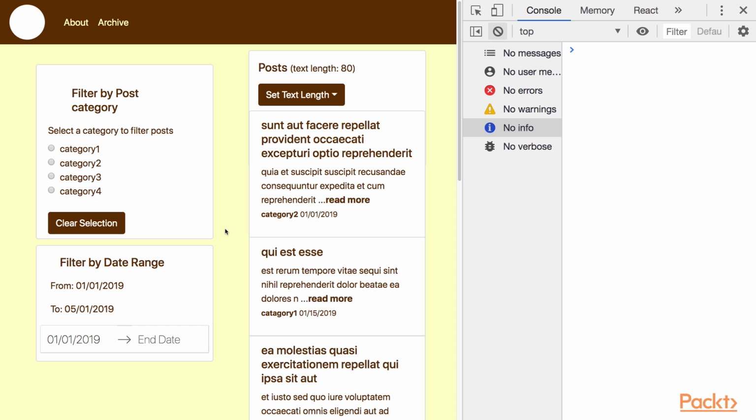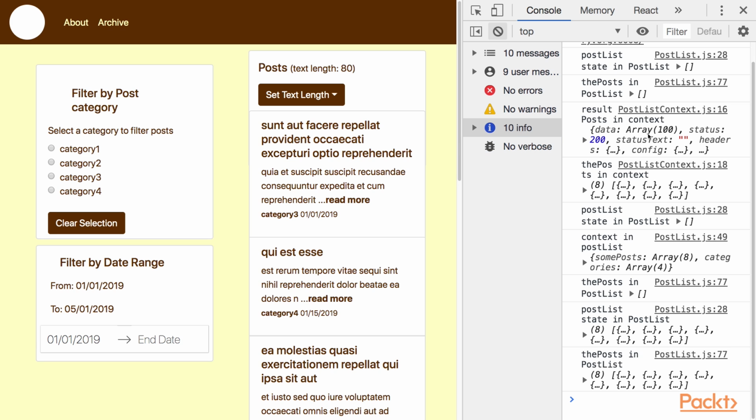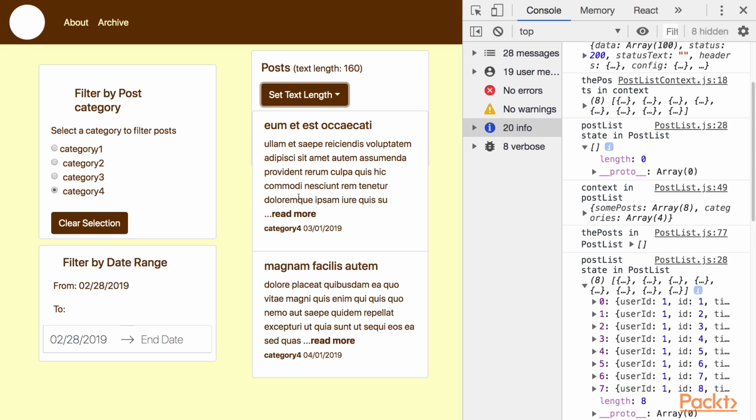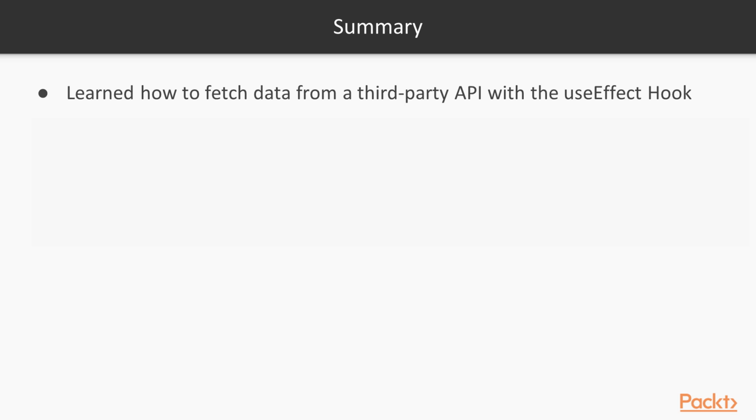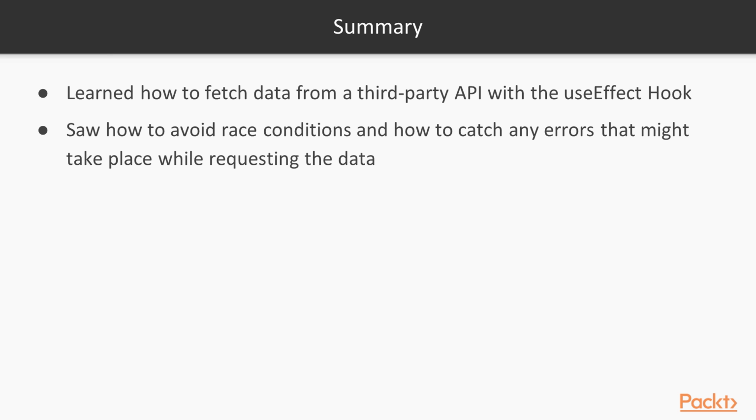So here's our blog. As you can see, the data is arriving, and we've successfully hydrated our blog from the web using useEffect. So what did we do? We learned how to fetch data from a third-party API with the useEffect hook right in the context instance. And then on the post listing page, we also saw how to avoid race conditions and to catch any errors like data's not coming or the data hasn't arrived yet,